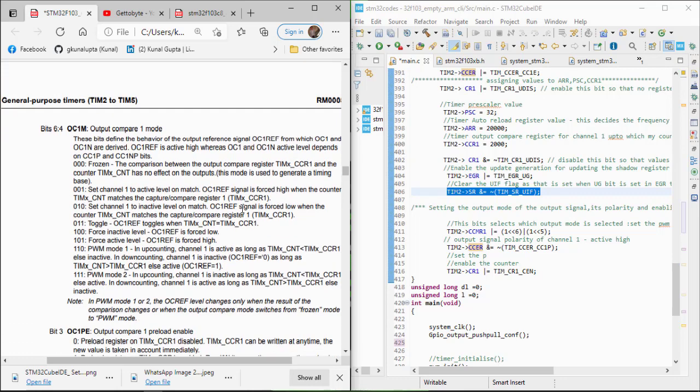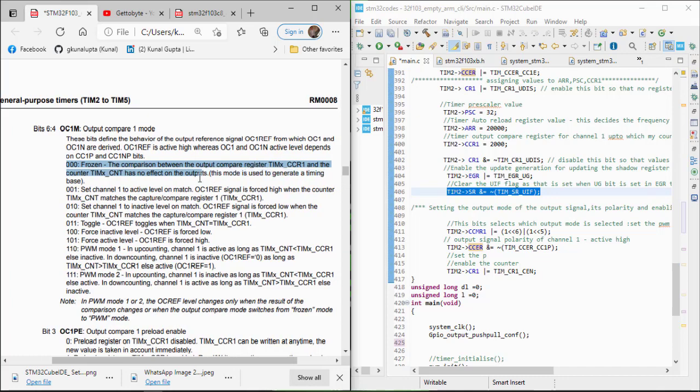So in channel 1, OC1M 000 is frozen: the comparison between the counter register and the compare register has no effect on the output pins. This is the mode which we use in normal mode, in delay generation. But now we need to set PWM mode 1 or PWM mode 2.